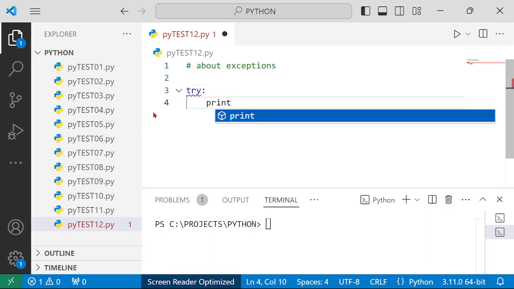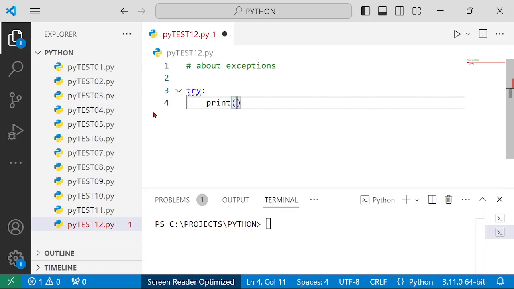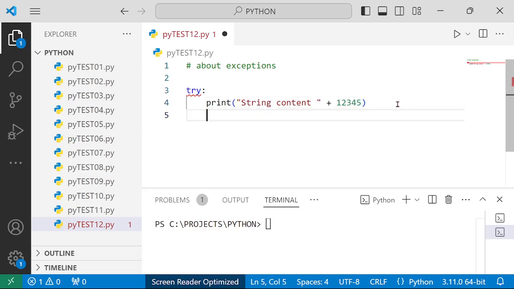Let's try to print something which is not quite printable, like different data types. String, plus some value. Okay, obviously they're different data types. It should be an error. Then,